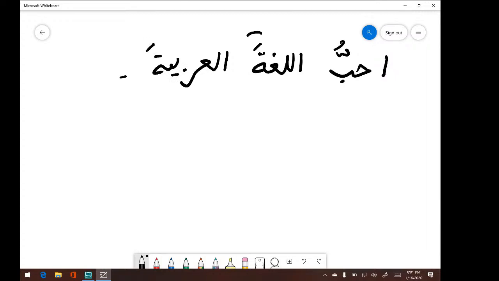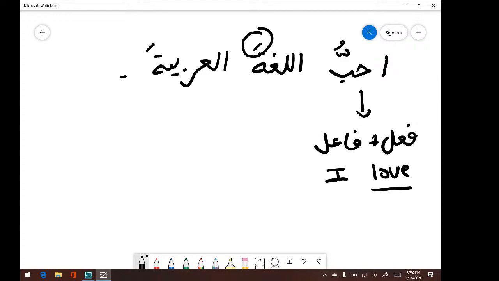Why is لغة العربية getting a fatha? مفعول, exactly. Everyone remember فعل فاعل مفعول that we learned last semester? The verb, the doer, and then what the action is being done upon, right? So أحب is the فعل plus it has the concealed fa'il that we talked about on Tuesday. Fa'il. أحب, I love. So the action is the loving, right? That's the action. And the person who's doing the action is me. So that's the fa'il. The maf'ul is اللغة العربية. This is what the action is being done upon.